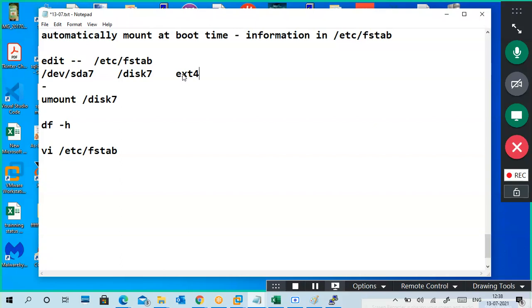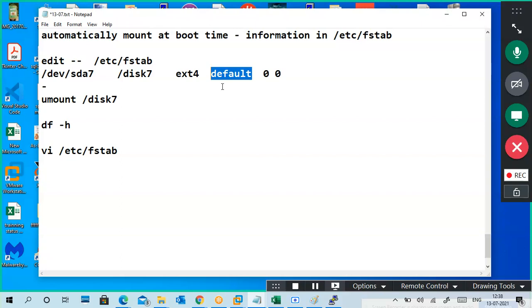We are using ext4, and defaults, 0 0. Defaults means default connecting, or by file system, or a specific service based connecting, like that you can specify. 0 0 means verify at boot time or ignore at boot time; you can give values like 1 1 or 0 0.